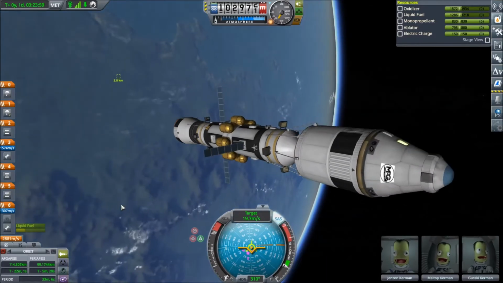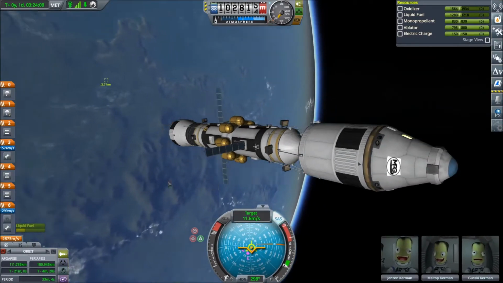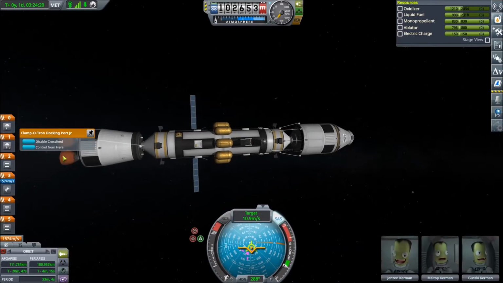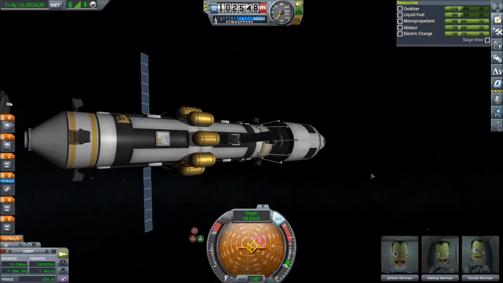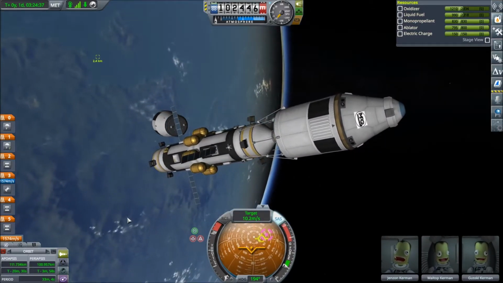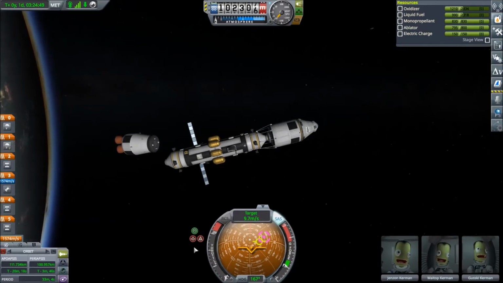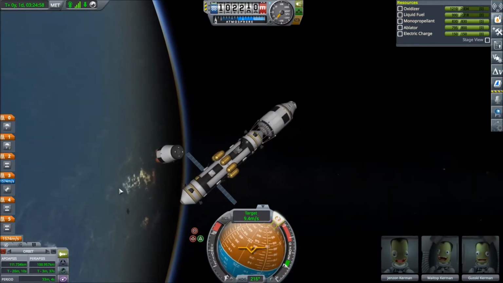Yeah, but I'm going to burn a little bit more here, and then we're just going to flip that thing off and lose it. And we're just going to keep on getting closer and closer. Yeah, so the flip didn't go as well this time. But we're not on a collision course. That's nice. I'm actually going to turn on the RCS a little bit and get ready to do a retrograde burn,